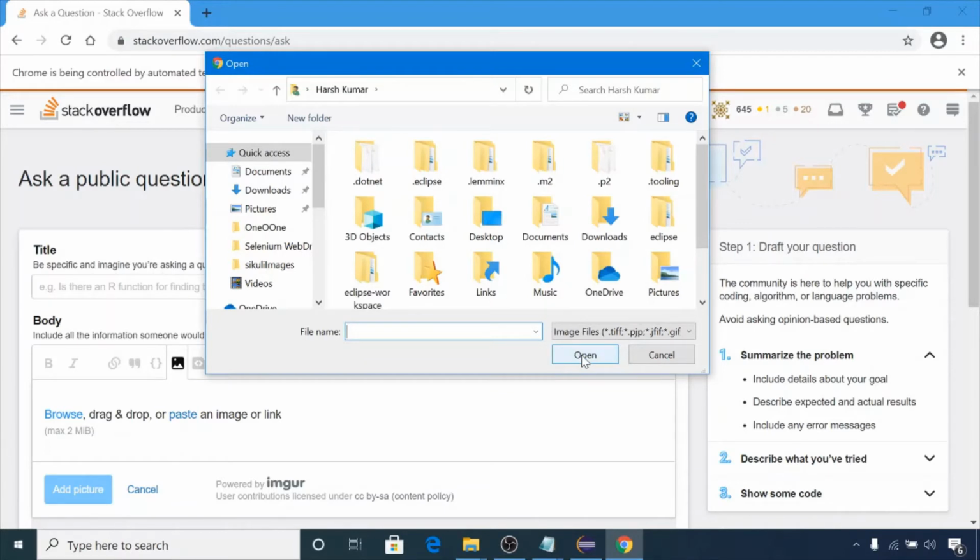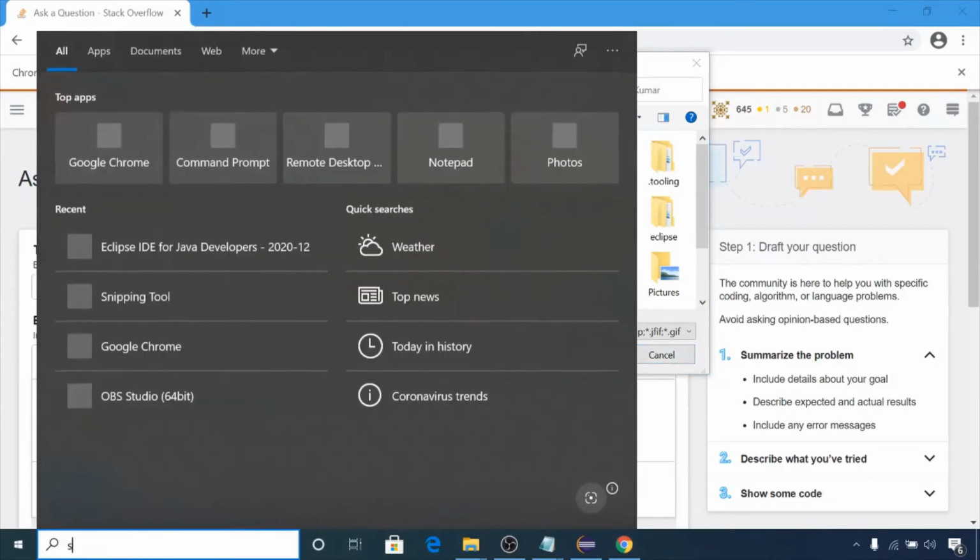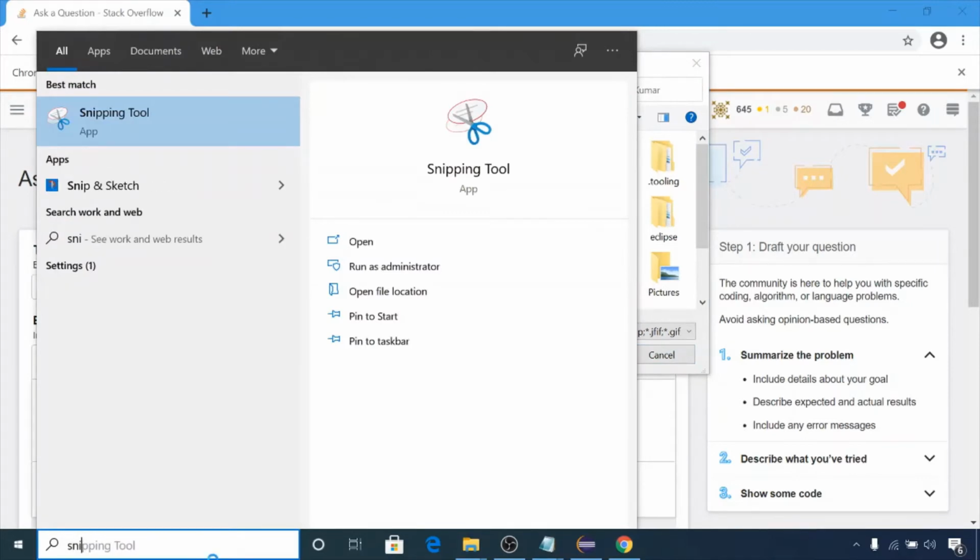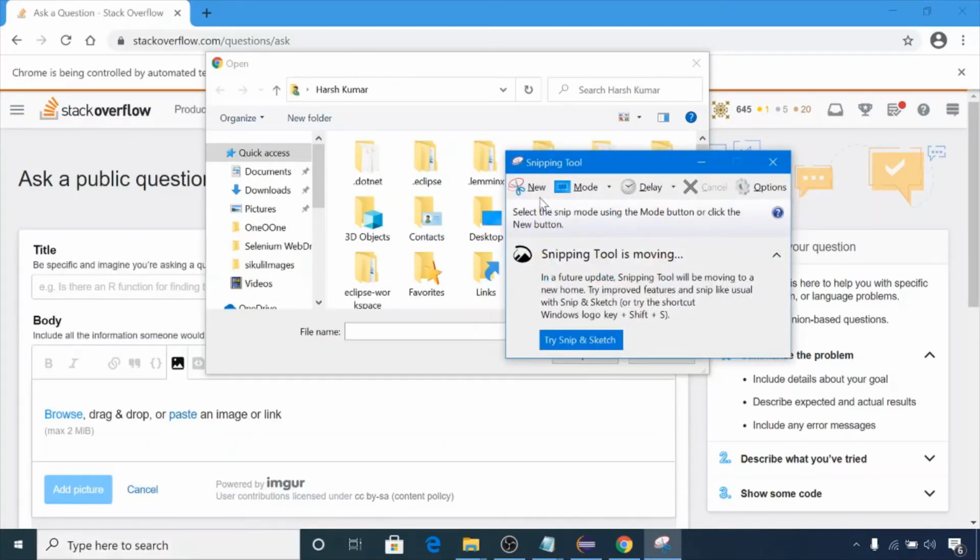First of all, we can try this before the type operation, since sometimes we face issues with the type operation. Let's try with the simple Cancel button. We will take a screenshot of the Cancel button and see that it actually performs a click on the Cancel button. To take the screenshot I will be using the Snipping Tool; you can use any tool. Let me launch the Snipping Tool, New.